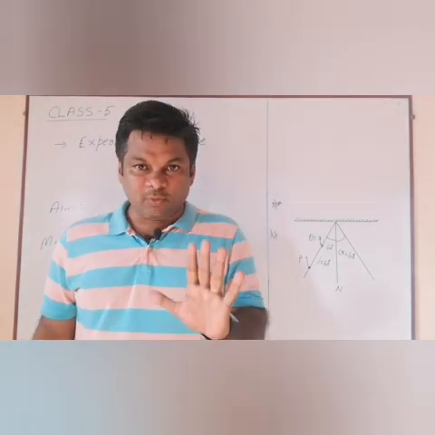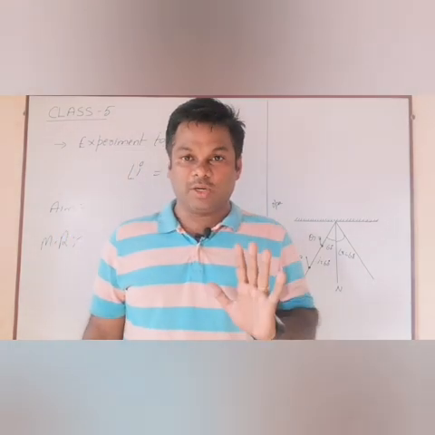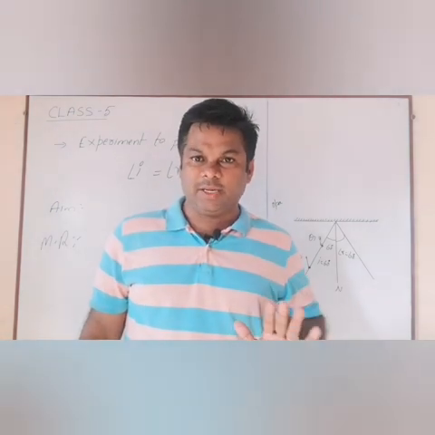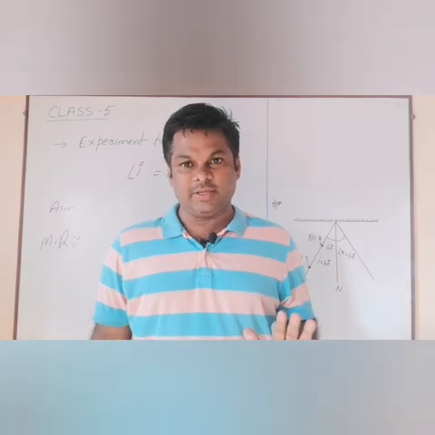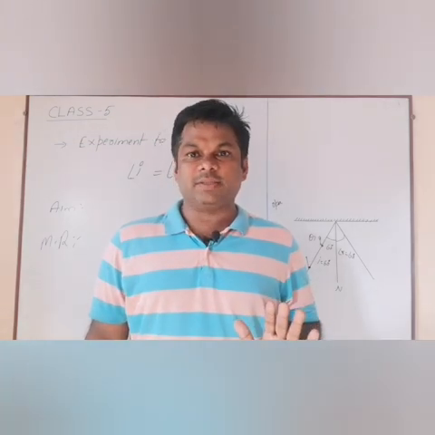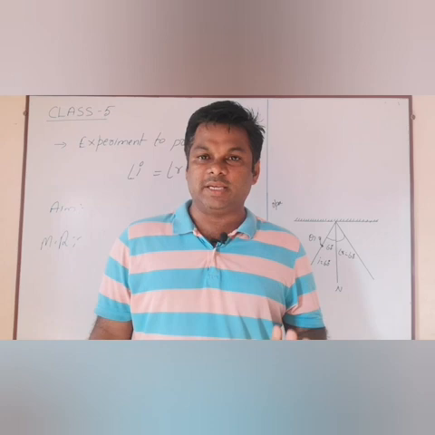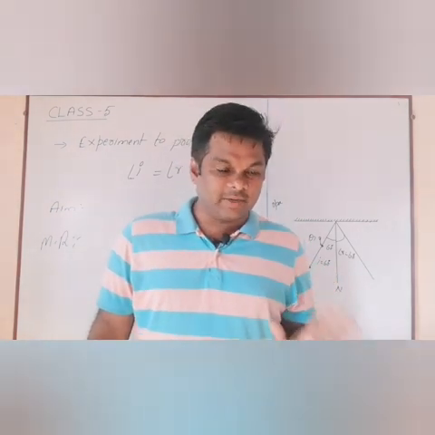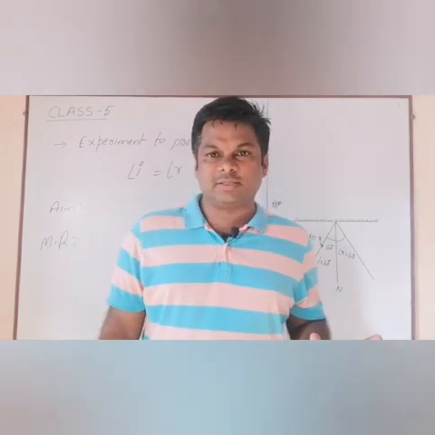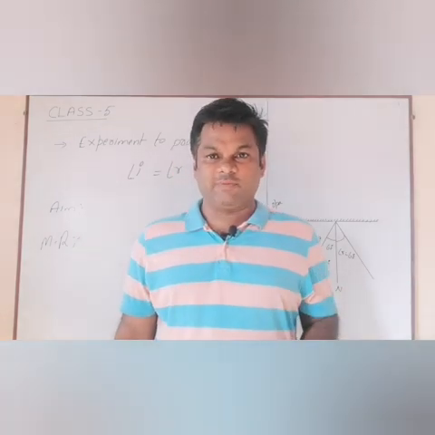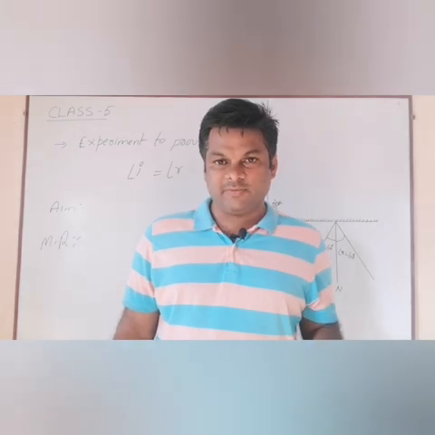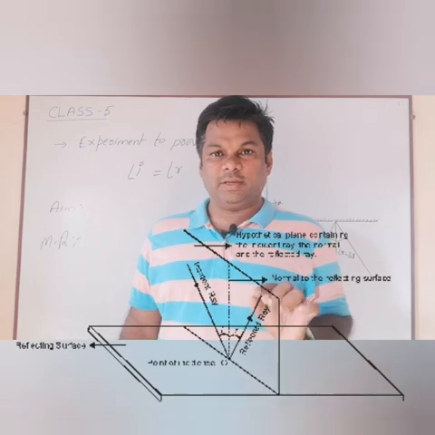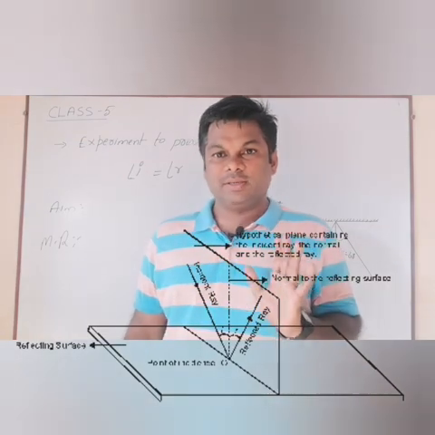We just prepare classwork, and what you are concluding here, the final answer, is: when a ray is incident on a plane mirror or any surface, always the angle of incidence is equal to the angle of reflection. In our next class, we will discuss the second law of reflection and how you prove it experimentally. Before that, I will tell you what the second law is.